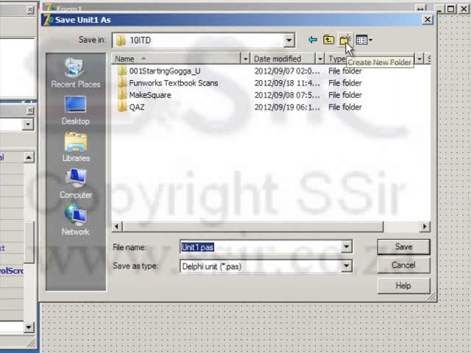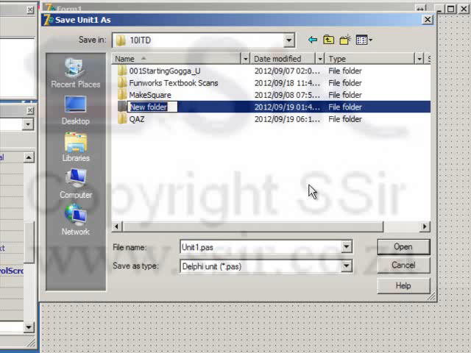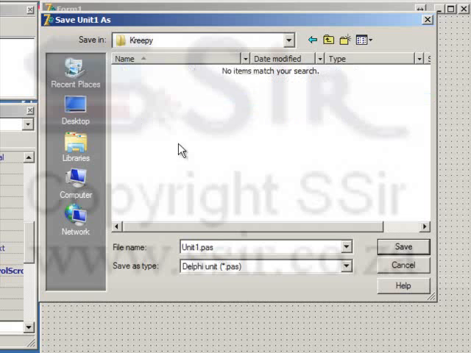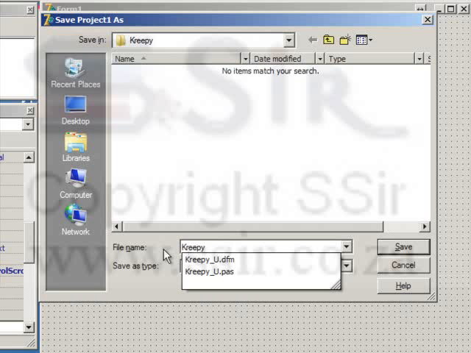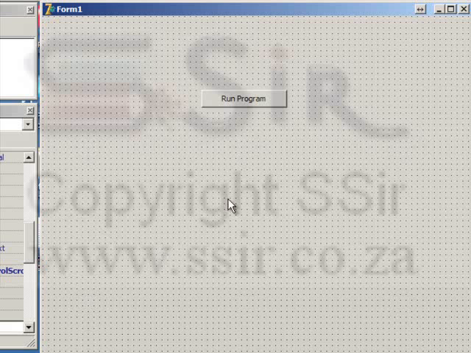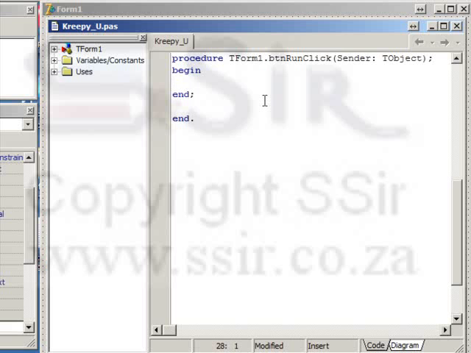Let's go and create a new directory and call this directory Creepy. Press Enter, get into the directory itself, and I'll call my unit creepy_u. Let's make it a capital U, and my project creepy_p for project. Great, so I've saved my project and we can continue. Let's double click on our button to get into our event handler